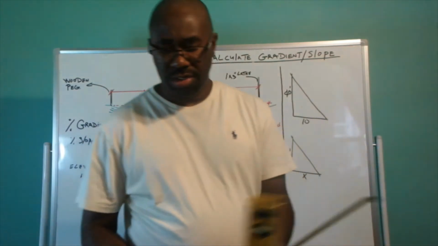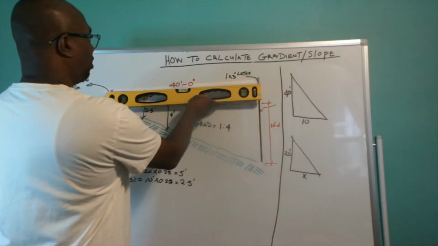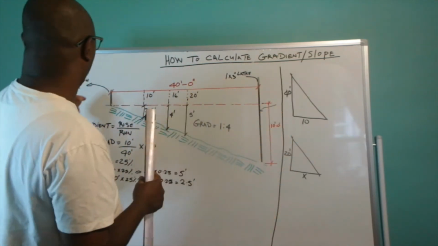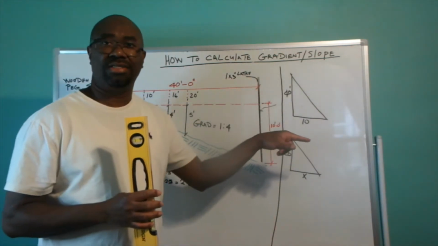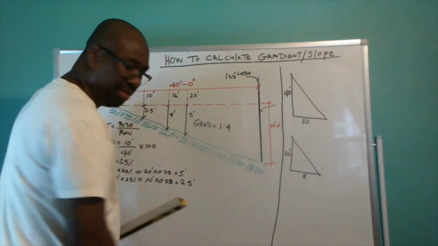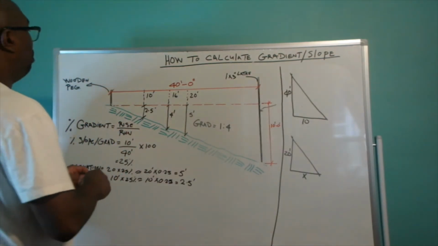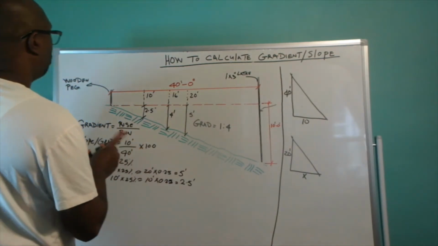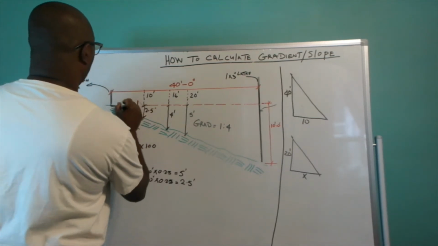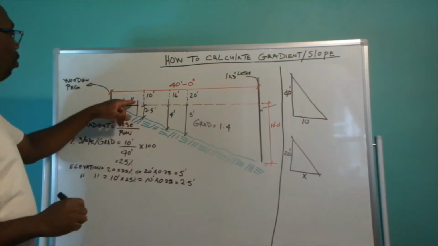So if you use this 2 feet, in this method, you do not have to measure the entire length of 40 feet. You could just measure 2 feet away from this line here, a 2 feet length, and then whatever fall